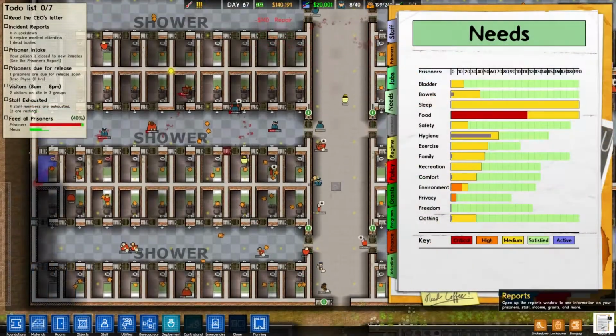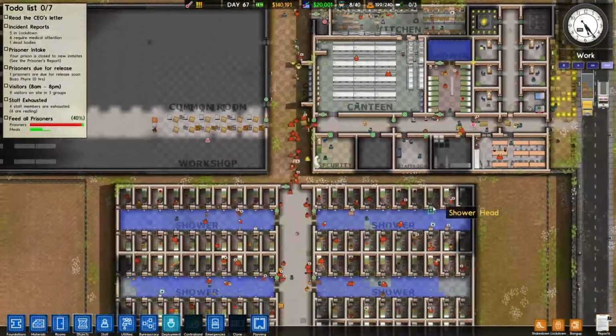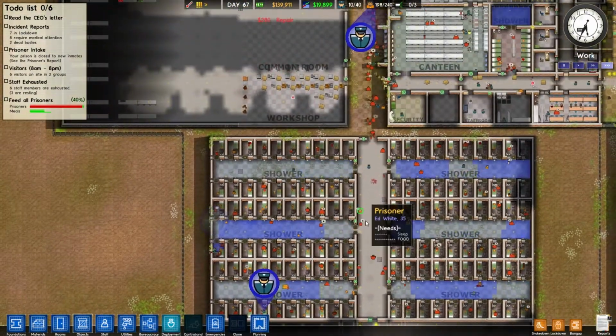There seems to be a fair amount of fighting going on at the moment. Danger level is increasing. People just aren't getting the food that they need. And it could be a cause of us building a little bit too much as well. Our workmen just don't seem to be...